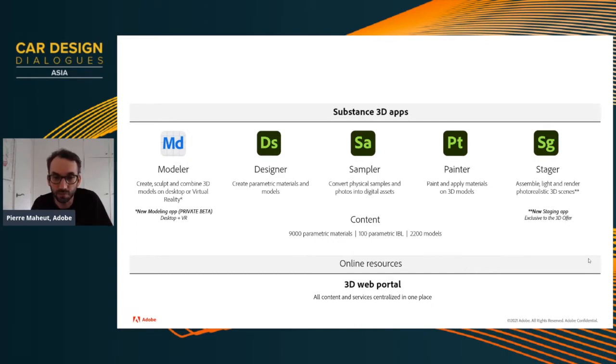To sustain all that, we have a very wide range of content and parametric materials, to which we've been adding recently also IBL, so lighting environments, and procedural models.